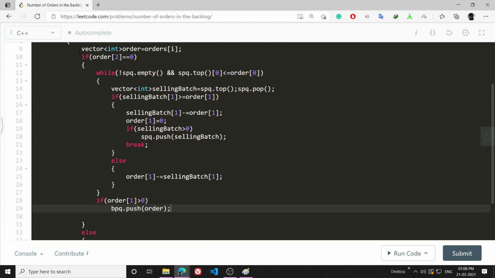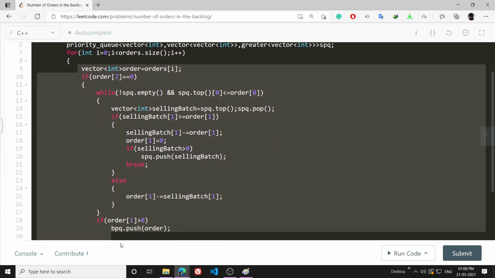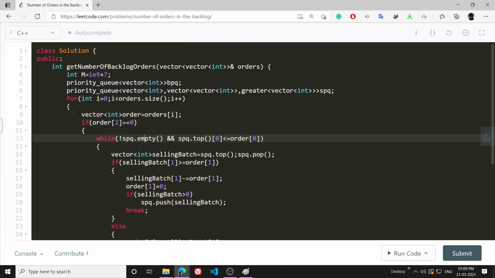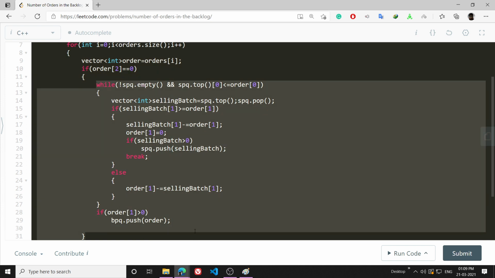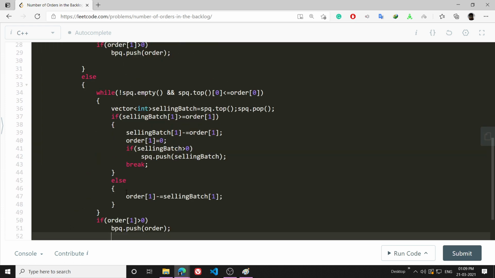Okay, so in this way I have processed the case where my order is a buying backlog. Now the thing is pretty simple. What I have to do is exactly the same, just vice versa. So Control C, I will just copy this and paste it. Control V. In this case, instead of S I will be writing bpq is